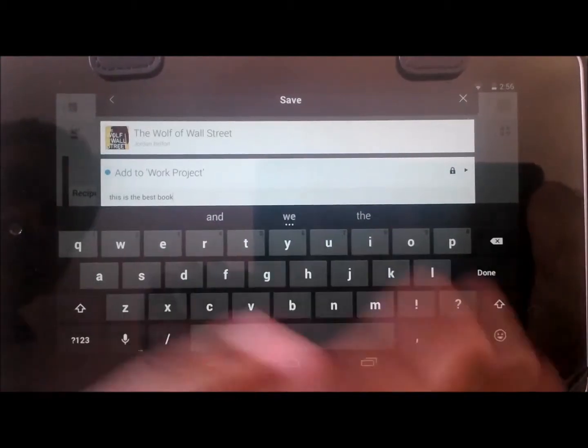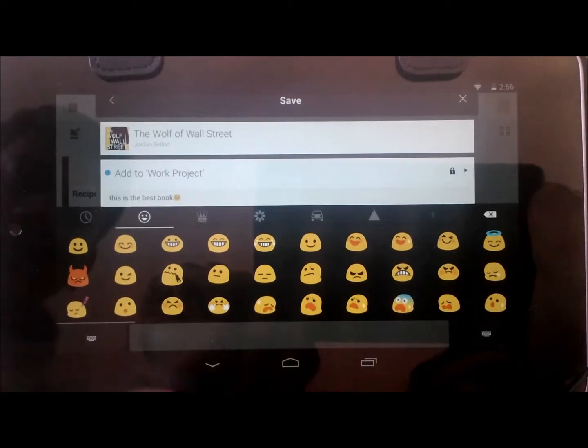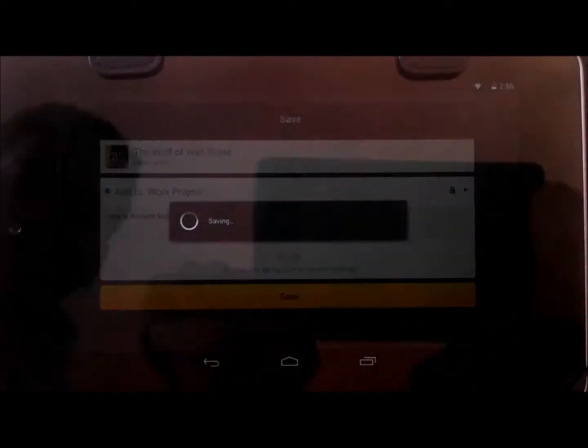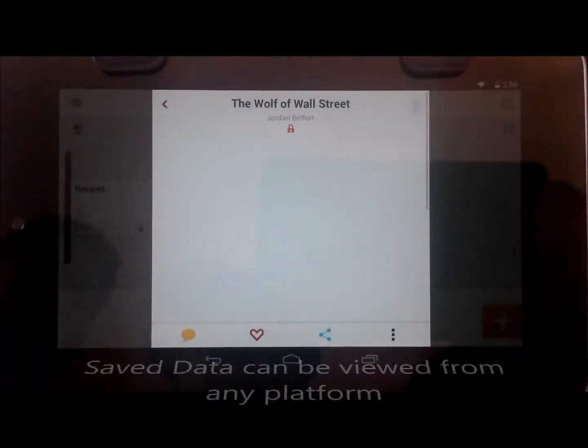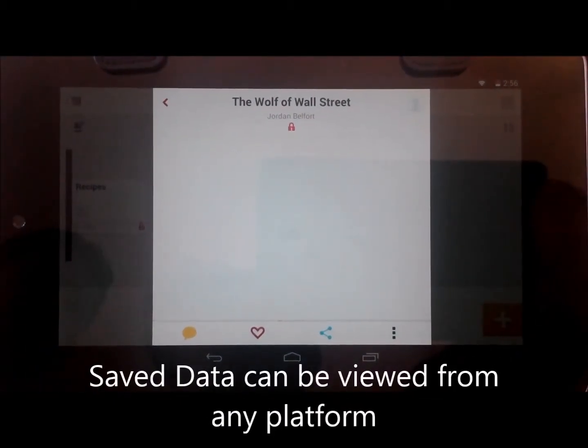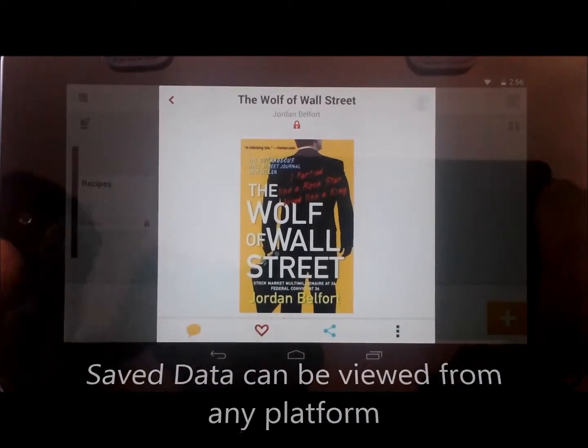Okay, so it's really easy for me to do. I'm putting a notification and I'm putting a smiley around it. So I'm going to save this, and it's already saved. This interface is actually being saved in all the platforms where I'm using SpringPad. Moreover, you get a notification. See, that's the beauty of this app.